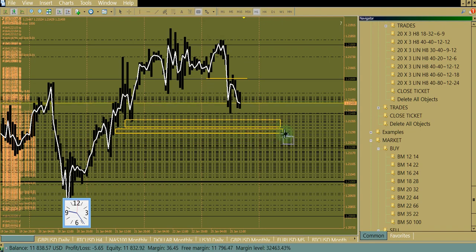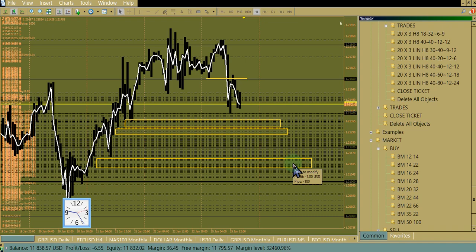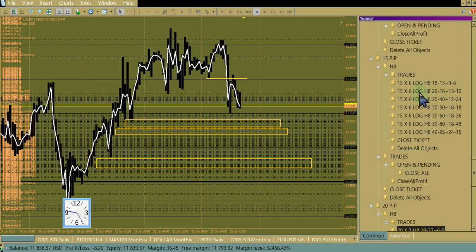So all these are the shelves. This is the big deal down here, right? If I had some 12-hour scripts, which I don't have in this bank, I could put them in there and go, you know what? Let's just try to make a couple pips down there. Let's try to make 16 pips by buying in this area.